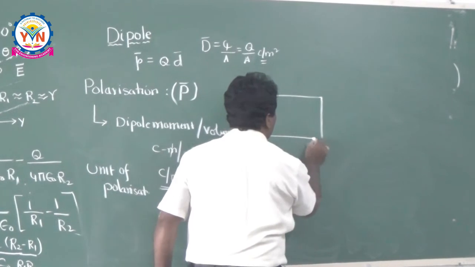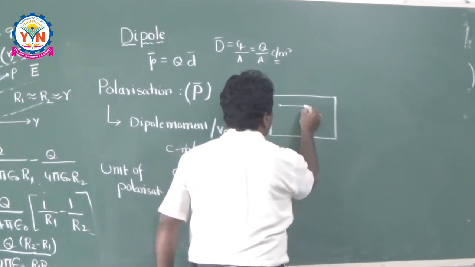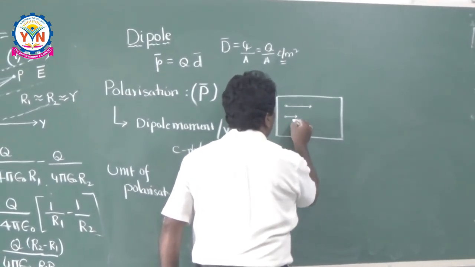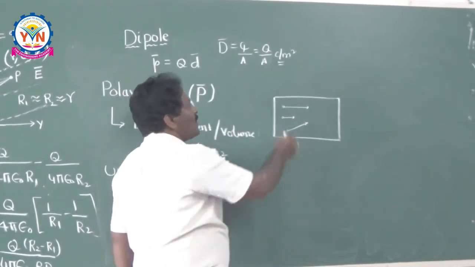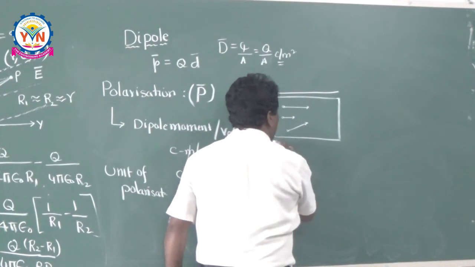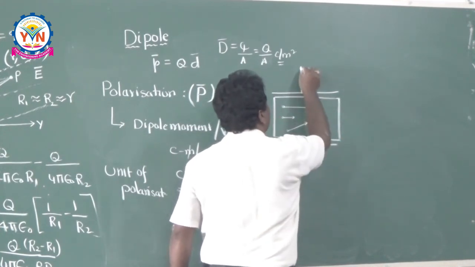Different types of dipoles. One may be lengthy, one may be short, one may be in different directions like this. Now as soon as you are applying this electric field, that means as soon as the lecturer comes to the